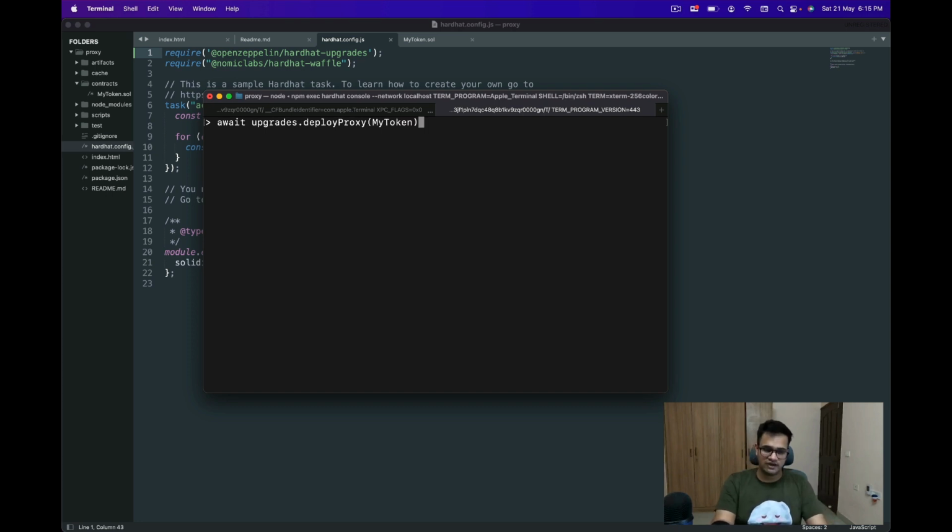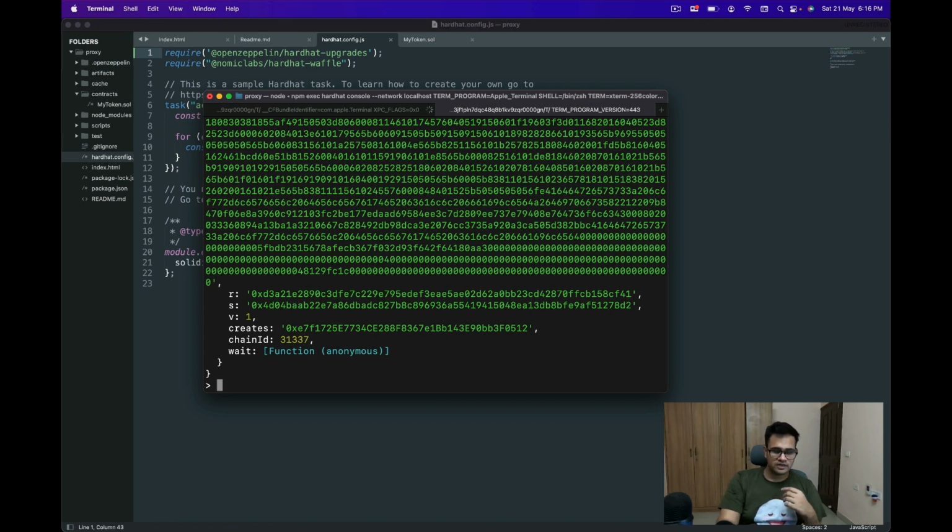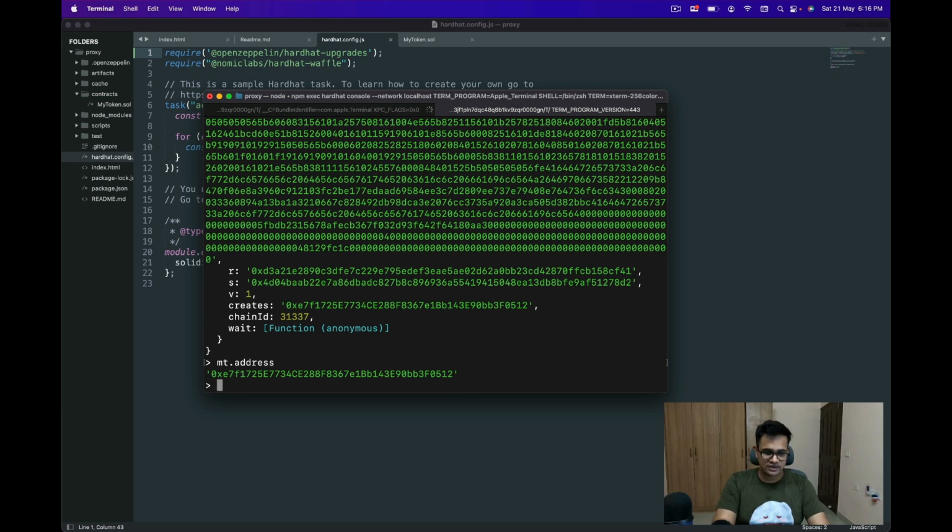So I just add the await in the front, and then another thing that I will need to do over here is send an options object. Now in the options object, I need a key called kind, and the value will be UUPS. All right, so this will give us a deployed proxy, which we can store in a variable, actually let me just store it in a variable called mt for my token. All right, so in mt, I get the contract address, so I can also get mt.address, and it will give me